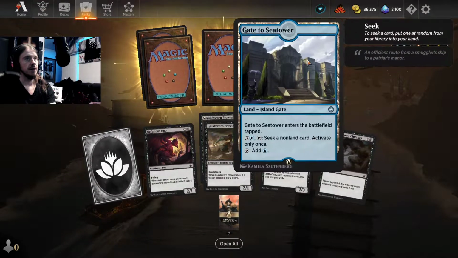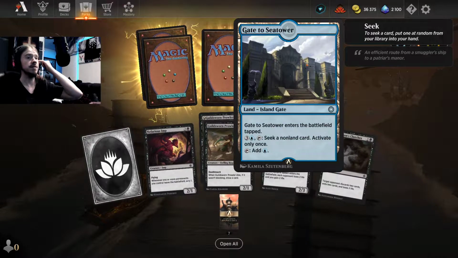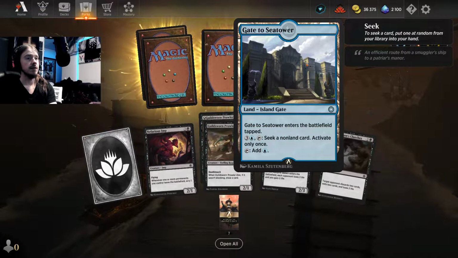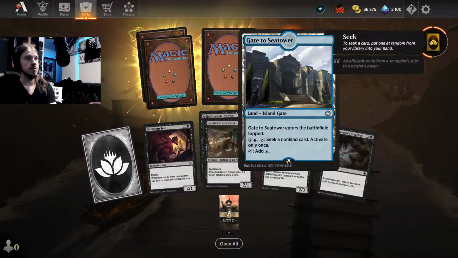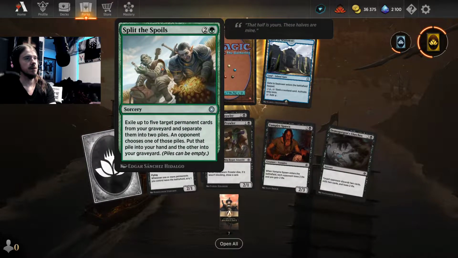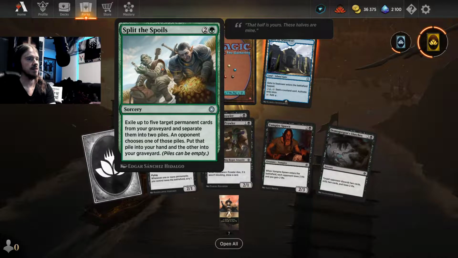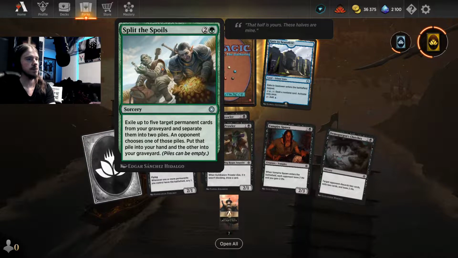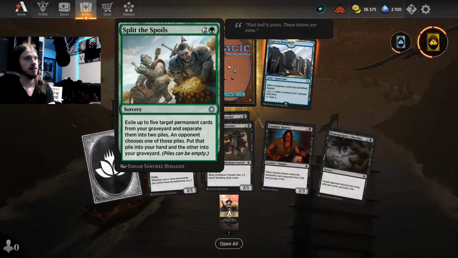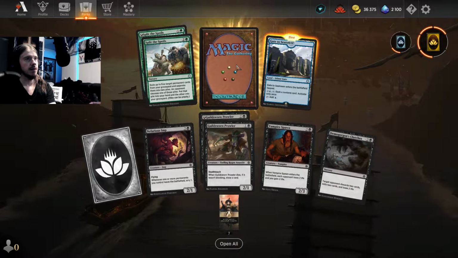Common wildcard. Blue, Gate to Sea Tower, land, island, gate. Gate to Sea Tower enters the battlefield tapped. 4 mana and tap to seek a non-land card, activate only once, and tap to add blue, as one would expect. Split the Spoils, green, 3 mana, sorcery. Exile up to 5 target permanent cards from your graveyard and separate them into 2 piles. An opponent chooses one of those piles. Put that pile into your hand and the other into your graveyard. Piles can be empty. Alchemy version is 1 mana cheaper. Main card is...